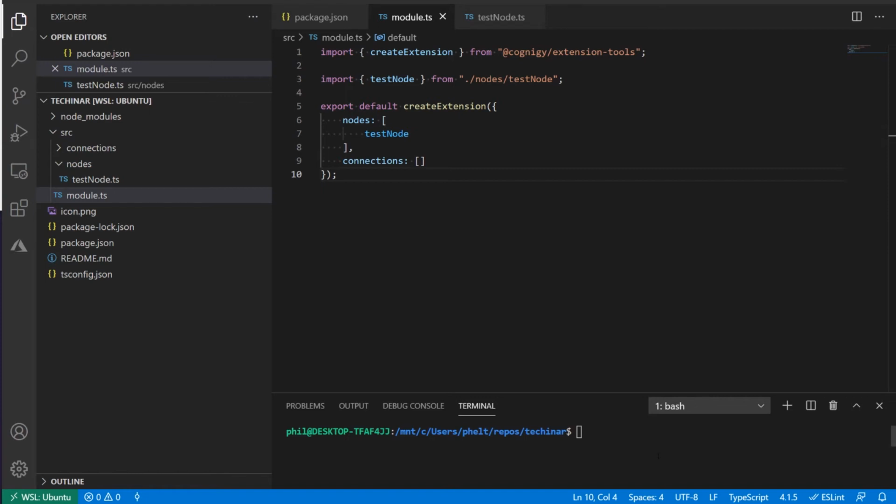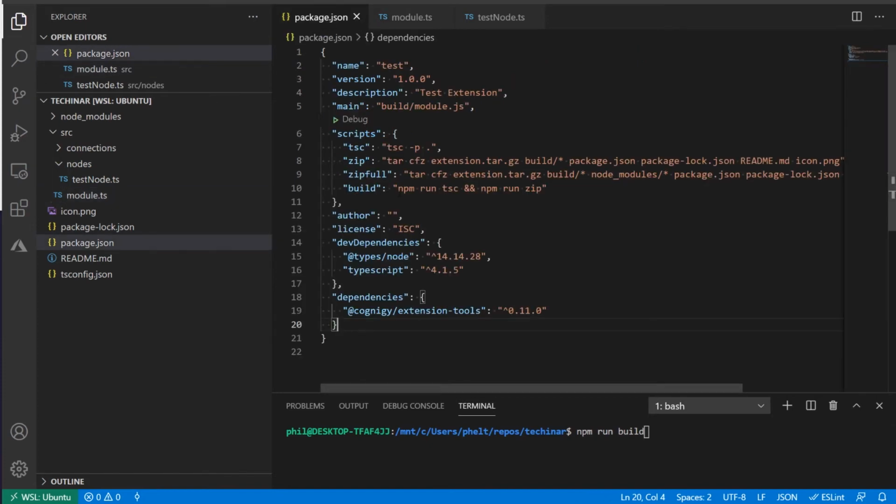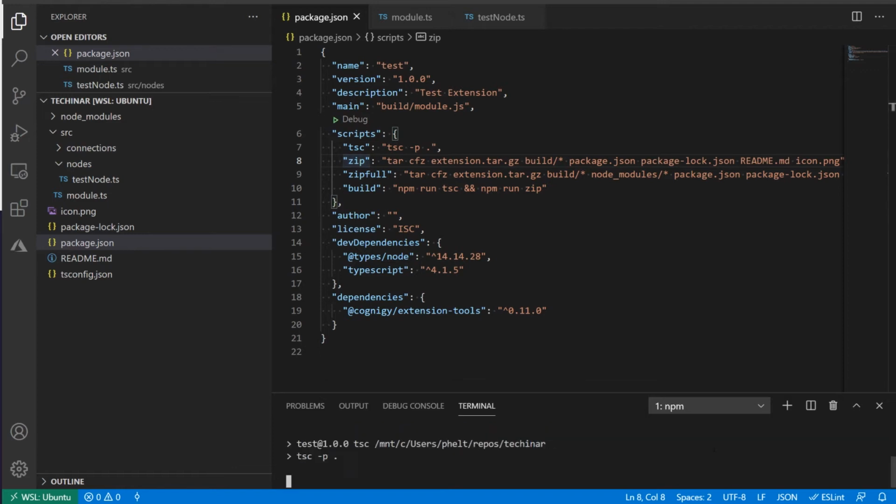If we want to package this up now, we can just go in and type npm run build. Just to show what this will do, it will do a transpiling, so npm run tsc, which will transpile the TypeScript into JavaScript. And it will then also do an npm run zip, which we've defined up here, which will actually zip everything necessary into the extension for you.